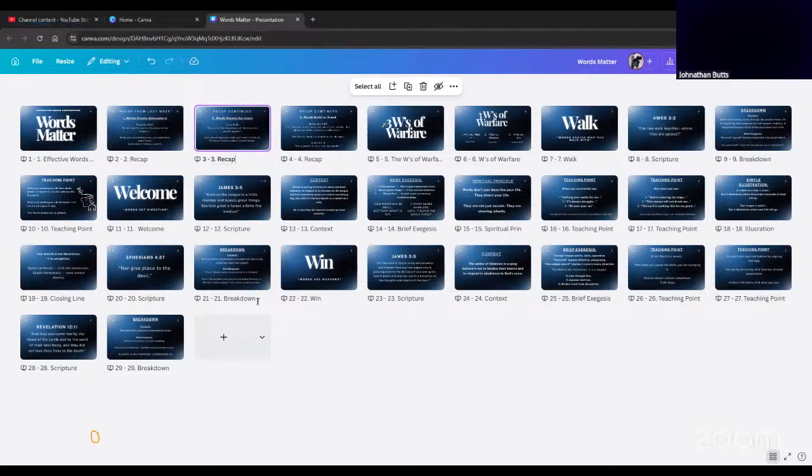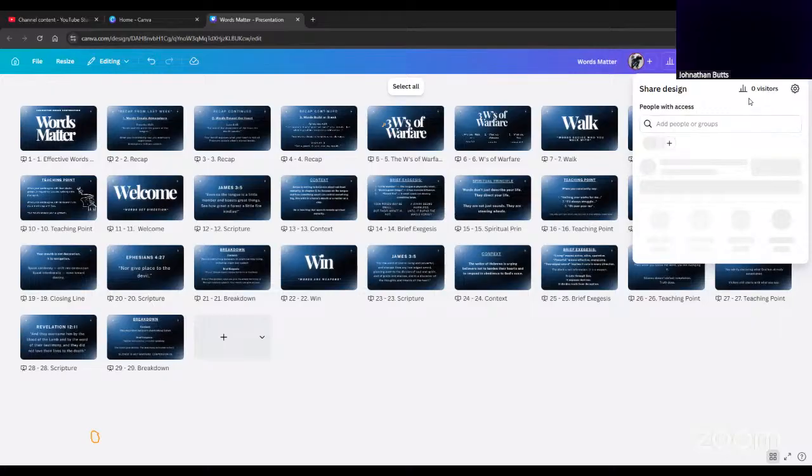The reason I do this is because when I get ready to transfer to Easy Worship, I can just drag one of these files and transfer everything I need into Easy Worship without having to upload each and every one, because this is almost 30 individual slides. So I'm going to the top right, to share,